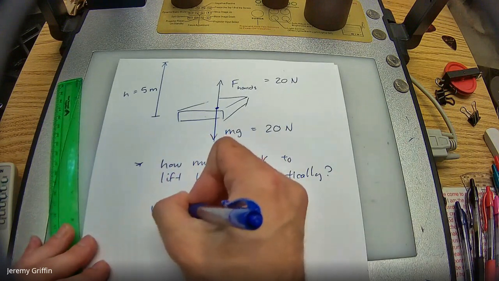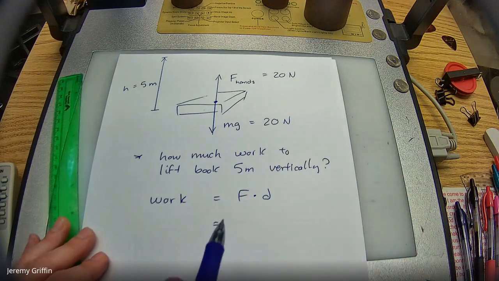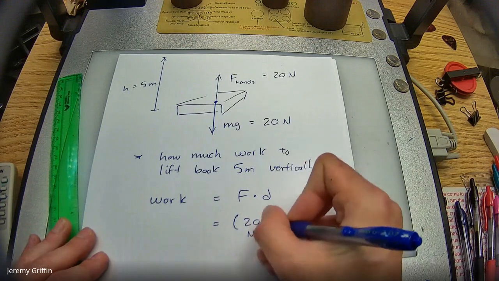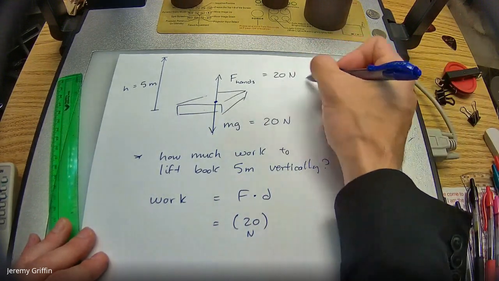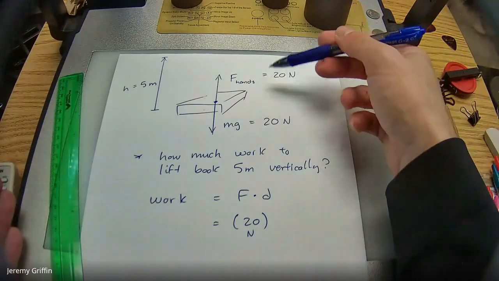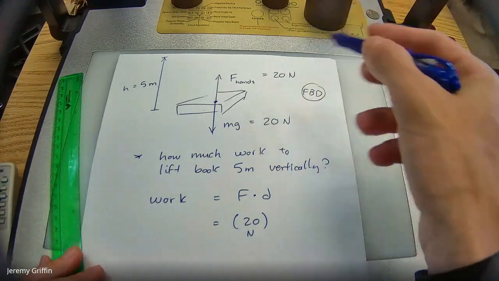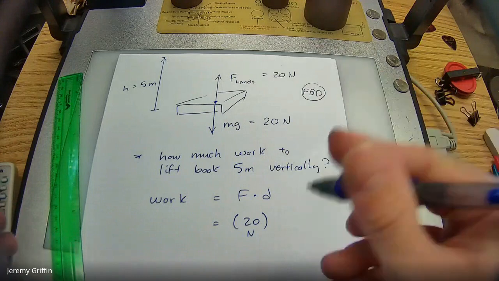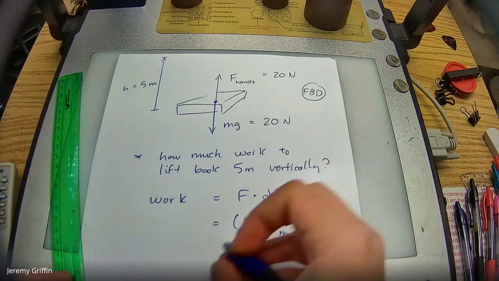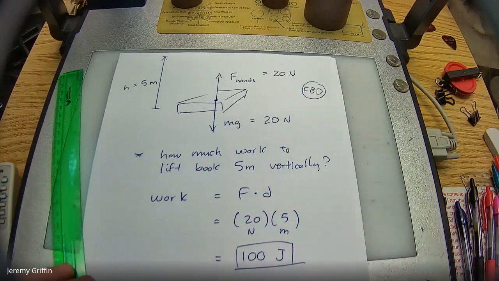Now you guys will say, okay, well, work is force times distance, the dot product, right? And now the force and the distance are in the same direction. So 20 newton force, because we're applying 20 newtons. What's applied here is we're moving up at constant velocity. Obviously from the free body diagram, that would be the case because those forces are balanced. So we're moving up at constant velocity, applying a 20 newton force times 5 meters. You see that there's 100 joules of energy transferred into the book, moving upward.